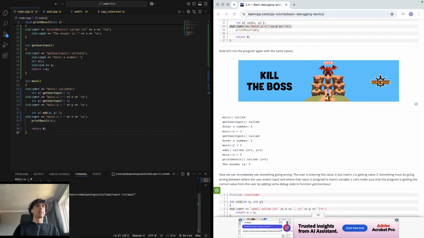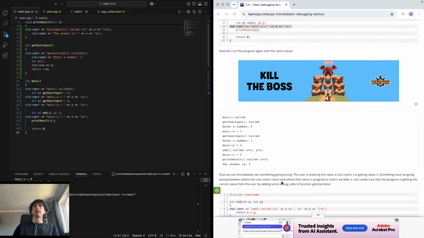So at least we know that our add being called is correct. It's adding correctly, but it's not storing the numbers correctly. The user enters 4, but main's x is getting the value of 3. Something must be going wrong